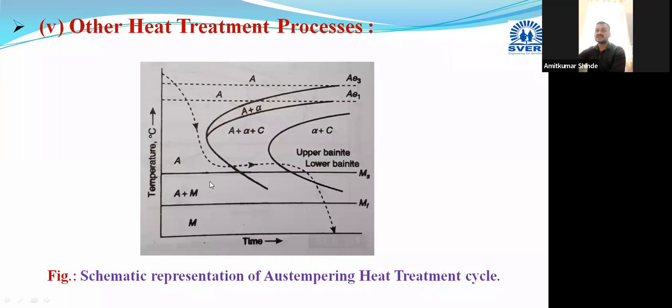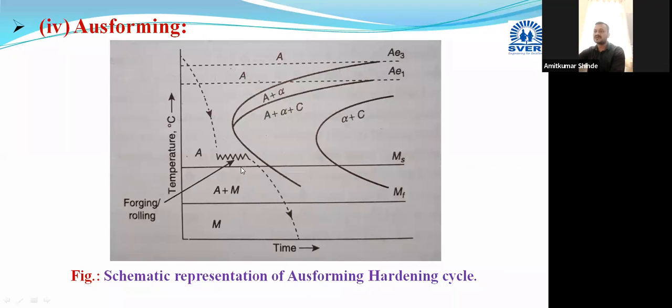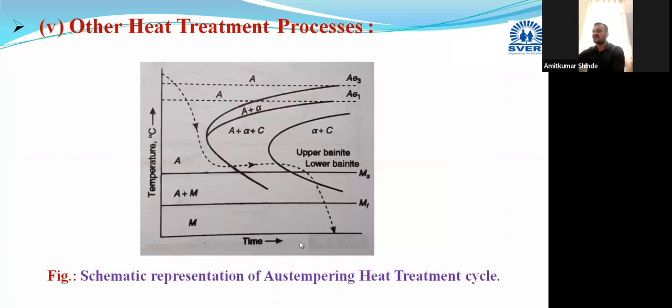In previous cases, here also we have used the molten salt bath, but the holding temperature is very near to the martensite transformation start, and we have kept it for a longer period. Then we will end up with bainites. It may be upper bainite or lower bainite, but in these cases, just above Ms, we will get the martensite at the end. But here, as a longer duration is given, we will get the bainite.